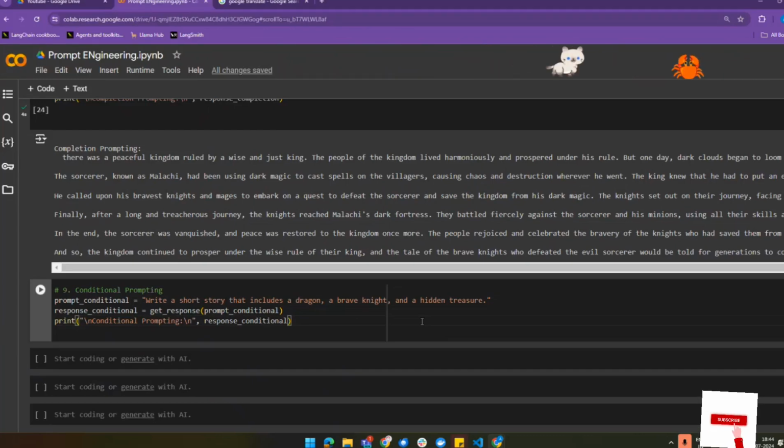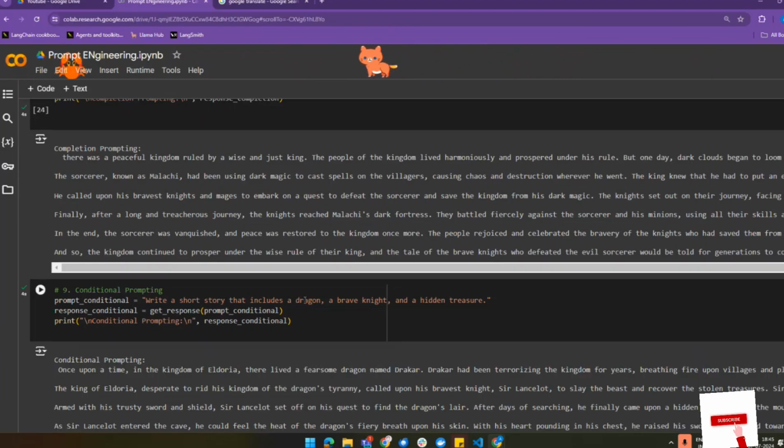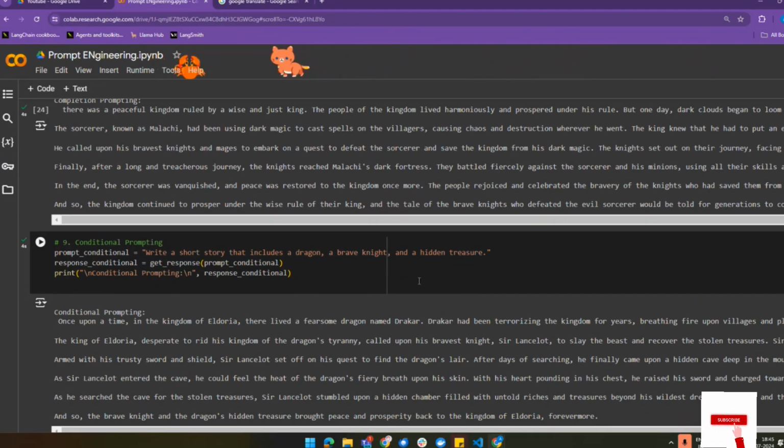For example, if someone is suffering from fever, it can write what that person is feeling, like how much temperature they have. So based on the condition, it can generate the response. Okay, so you should definitely go to a doctor, or what might be the problem and how you can resolve it. Based on your prompt you can get the response. Okay, so this is conditional prompting, and it should include these three: dragon, brave knight, and hidden treasure. So let's search